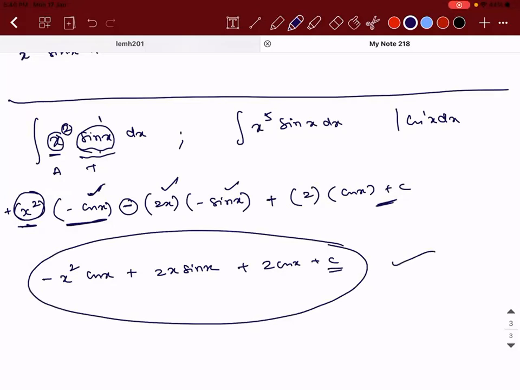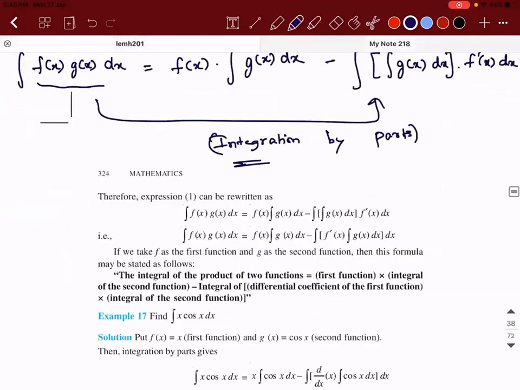Is that clear, guys? Now, using the same logic, you can try to verify the answers for the other problems that you have done till now. Okay. So this is applicable. This kind of a method in which I wrote the answer in one step is applicable only when you have a simple algebraic and a trigonometric function, either sine or cos raised to the power 1. Now,